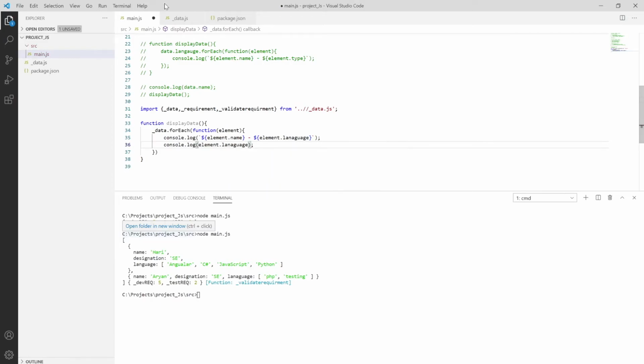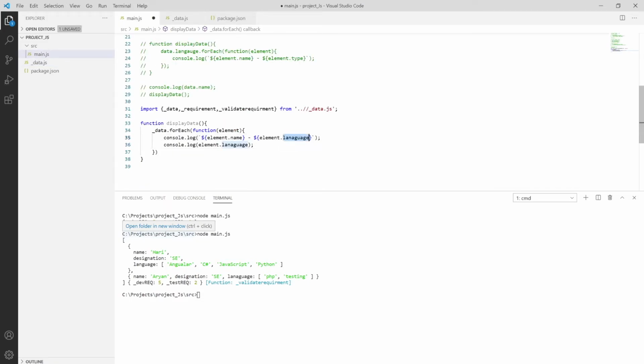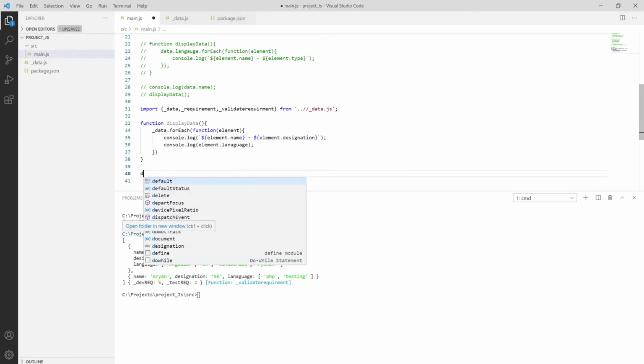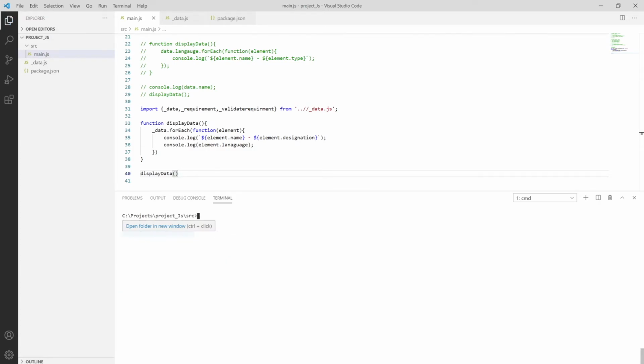Actually, I don't want to print language, I only want to print the designation. Okay, save it, and I'm calling this over here, saving this, clearing the console using cls.